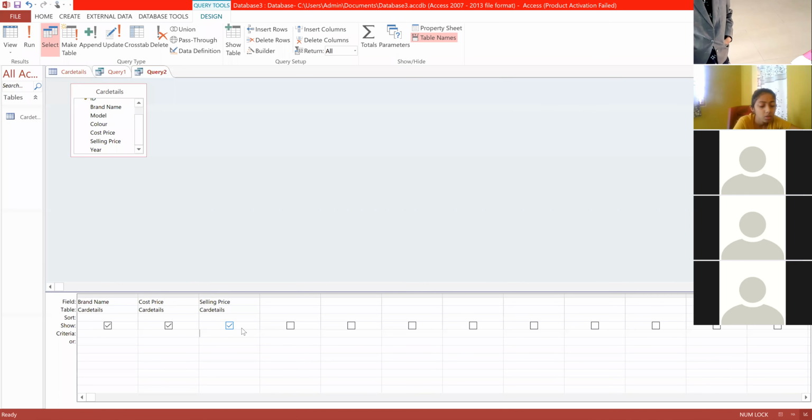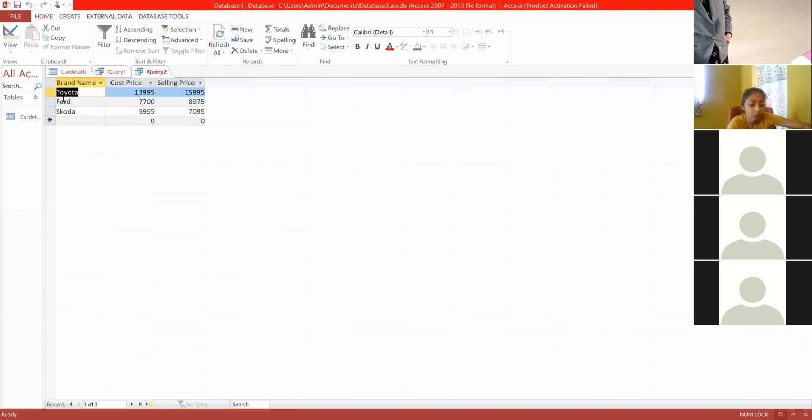Selling price, I'll use greater than or equal to 6,000. Now run. We'll see what happens. So only three cars have a selling price greater than 6,000. Is it clear?